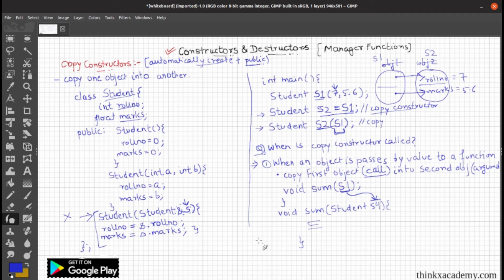The second case is when a function returns an object. We have covered this topic, how functions can return objects too. So if a function returns an object, we will have to store it in some other object to access that. So let's suppose I will create another object, and I will write it like this, sum, and I will give some other object to this function, and this function will not be void this time. It has the data type student because it is returning a student,